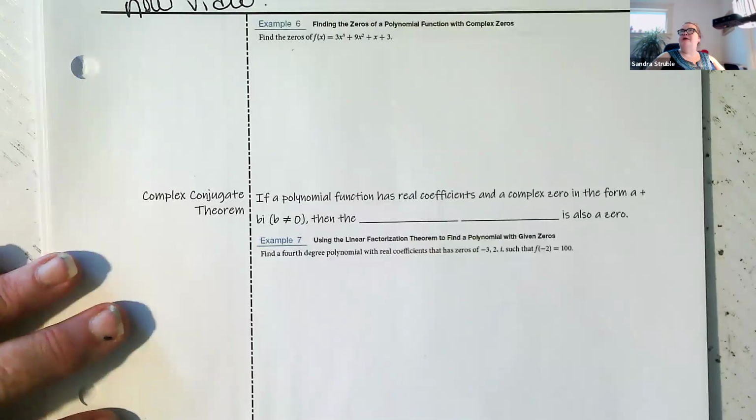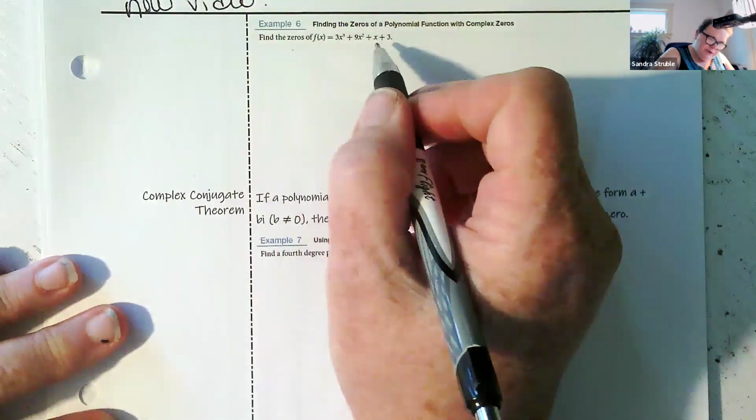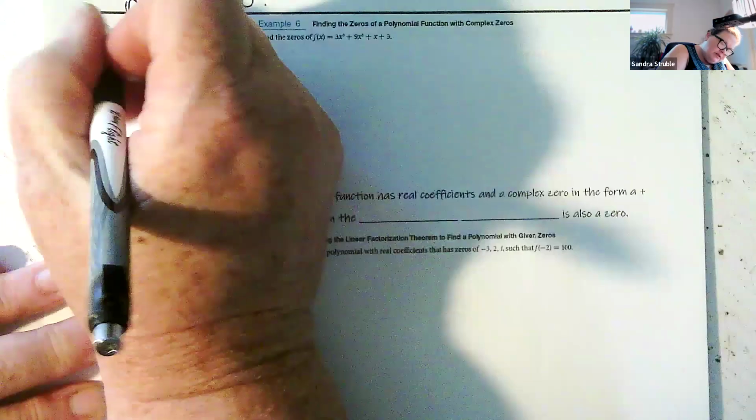Okay, picking up on example 6. Find the zeros of a polynomial function with complex zeros. So it's find the zeros of the polynomial. All right, well, I'm going to do what we've been doing so far. Find my constant,